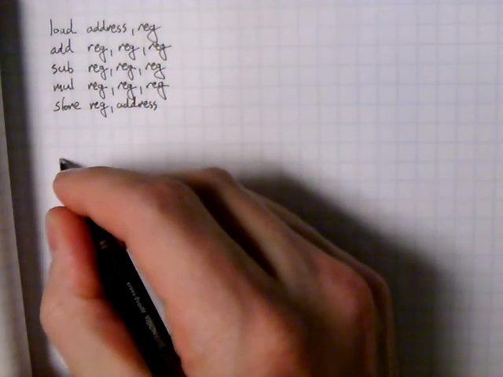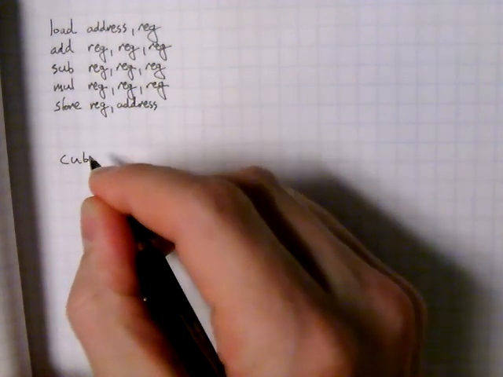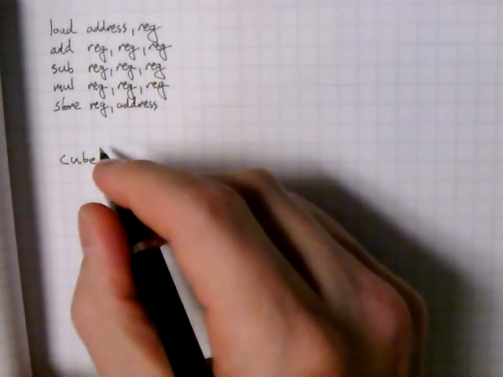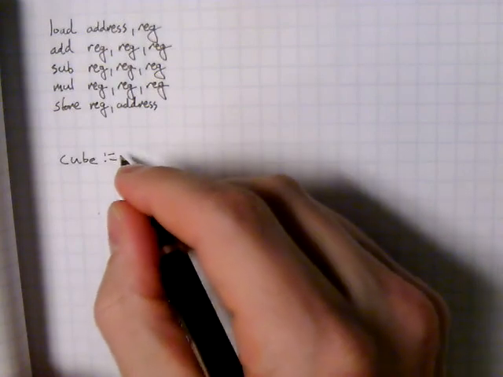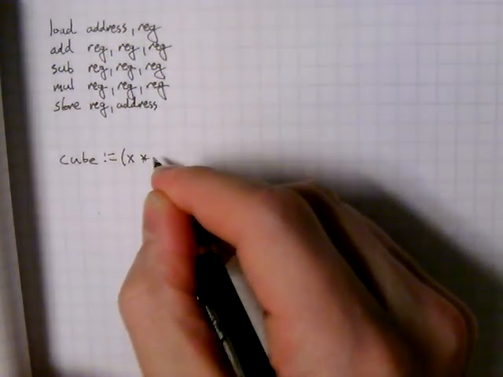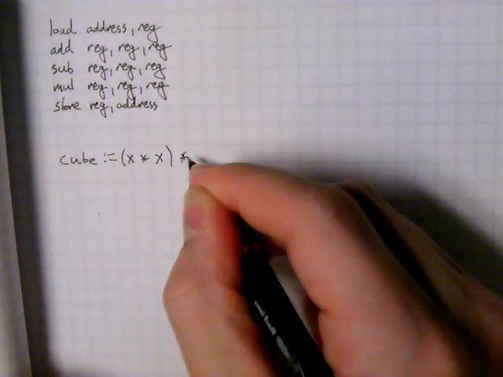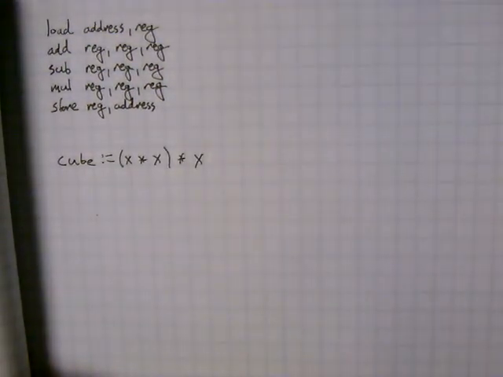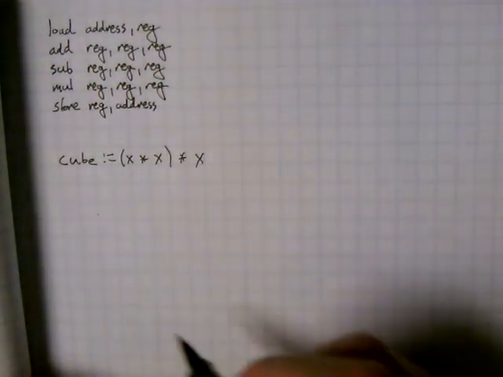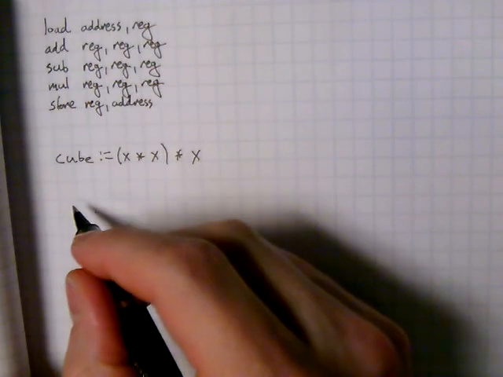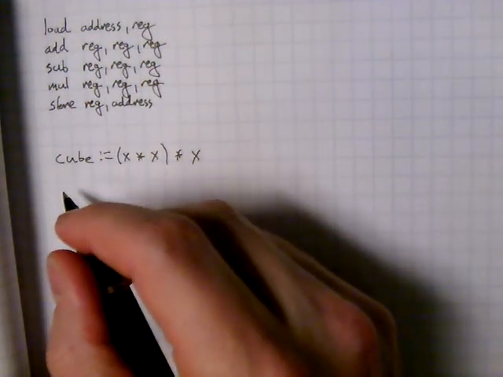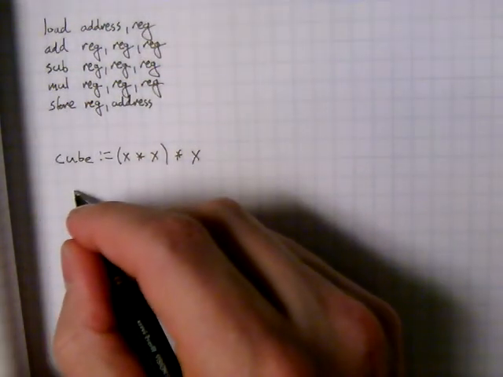The first one was we wanted to translate cube equals x times x times x, right? So the cube value of this. And so pretty simple translation. This one we can do in at least 4